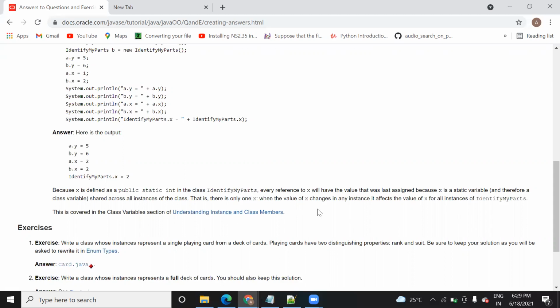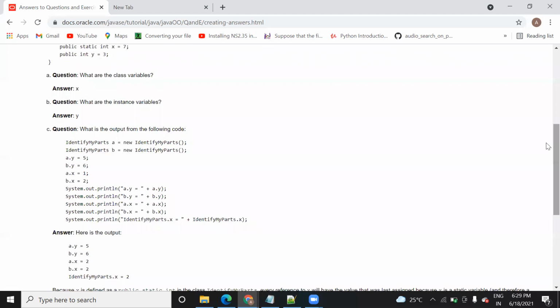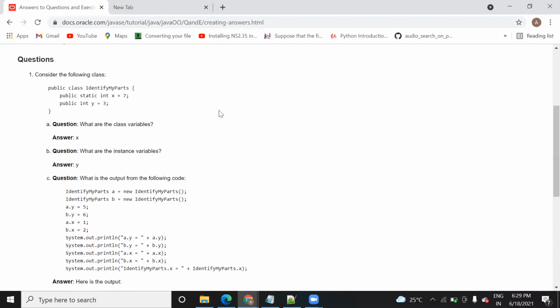See, whenever we create an object, suppose we create a static, what do you mean by that? In static you don't need to create an object. With the help of the class name you can access it. That is one thing. And one more thing is that whenever you create any variable or method as static, they occupy the same memory. They do not occupy different memory. What is meant by that?